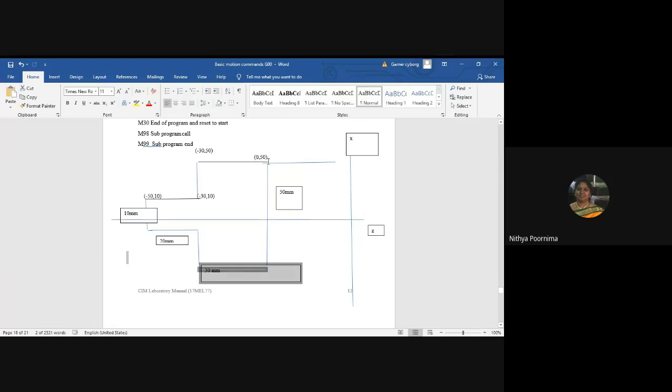Now I want to do the operation, I want to reduce. So what is the operation I will have to do? Using G01, you would have brought the workpiece, if it is like this, you would have reduced the diameter to x50. Then what is the operation you will have to do?